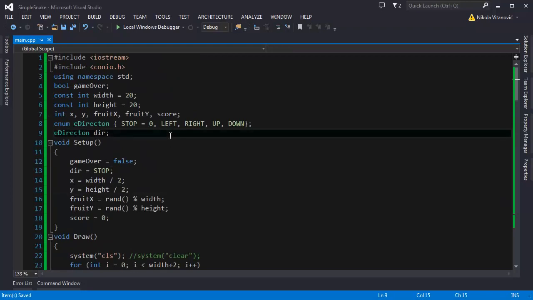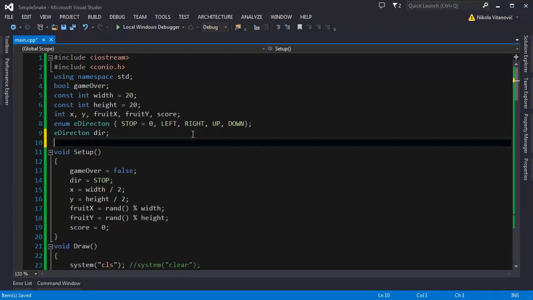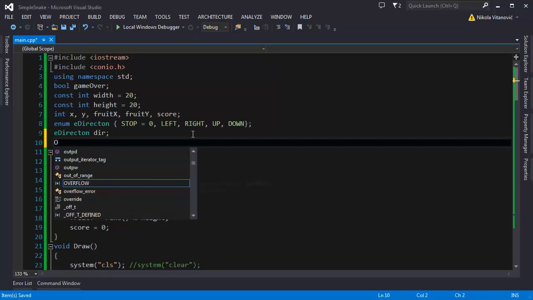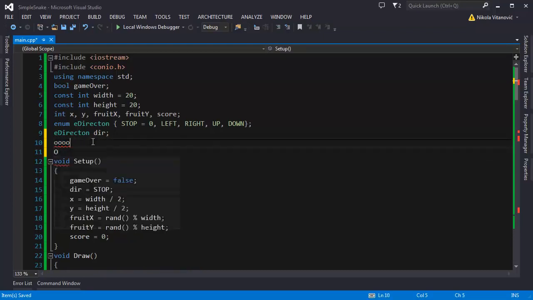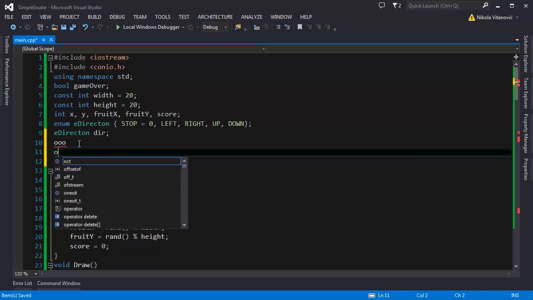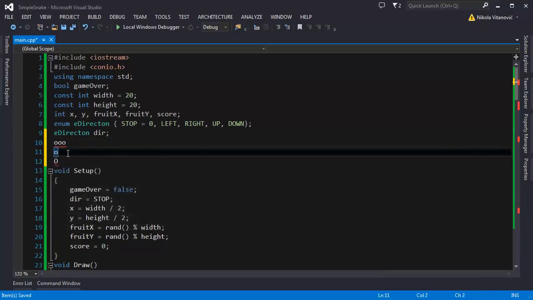The tail is maybe a little bit complicated to understand at first because the tail consists of a few segments. For example, if this is our head and we have these segments, so we have 4 tail segments, and when we move the snake, for example, if it moves down, the head moves down, the tail should follow. So in the first step it will look like this. In the second step the snake will look like this while moving down. So basically